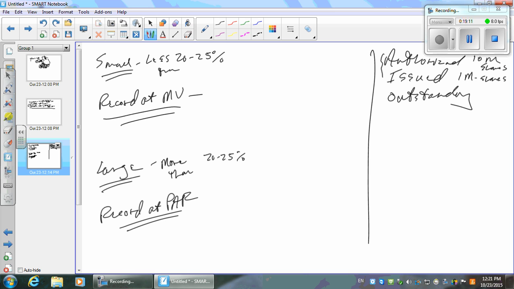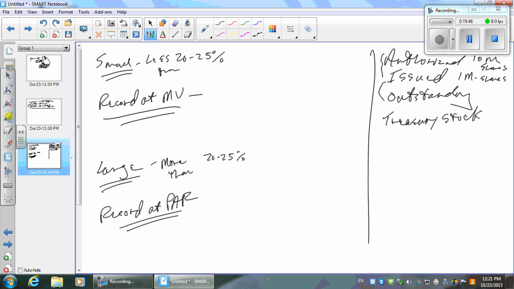Outstanding is the issued ones that are still out there. Some of the issued ones are no longer out there, so it'd be a number less than the issued, perhaps. Although a lot of times on the financial statements, they'll say 1 million shares issued and outstanding. What do we mean if we issued them and they're not outstanding anymore? What do you suppose we must have done? Bought them back. And what do we call those? Treasury stock. That's what treasury stock is, you guys. It's buying back my own stock.